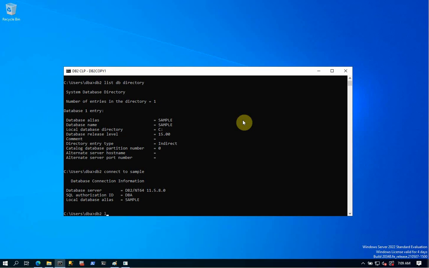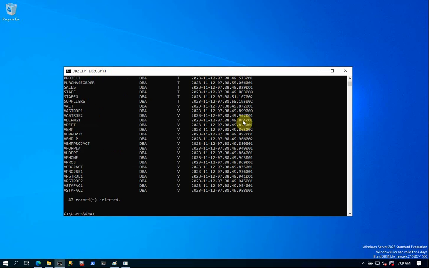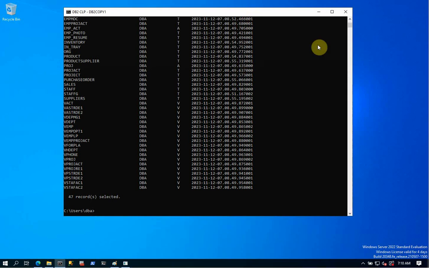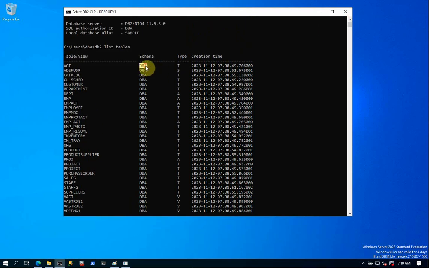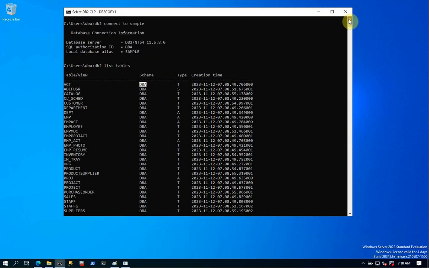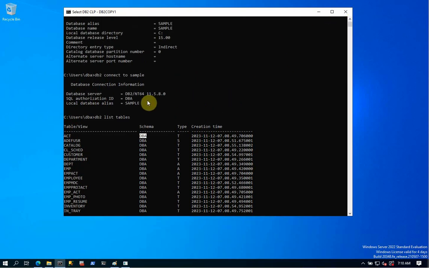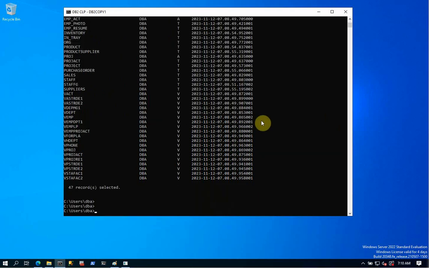Let's do a db2 list tables, to see what tables are in this. Okay, cool. So they created the database with the schema. I'm logged on, this is my user. So it looks like IBM made a certain improvement. We're able to create the database with this user and create this. So let's do a db2 select count star